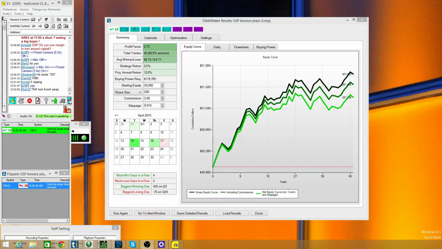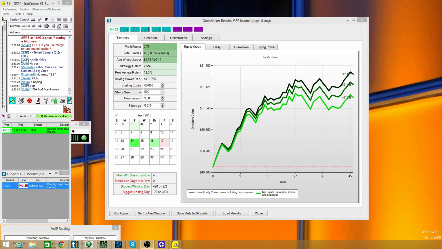Again, people like when I put these on YouTube, so I'm just going to. This is a scan that is totally ripped off from what GSP was just talking about with his bounce play winners. And again, I want to show off using Trade Ideas, using the Odds Maker as a way to refine and test theories that you already have, or trades that you're already doing, and see if you can make them a little bit better.